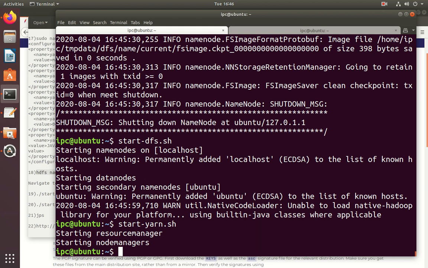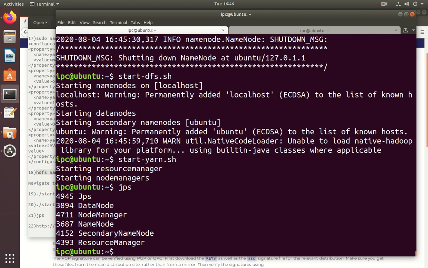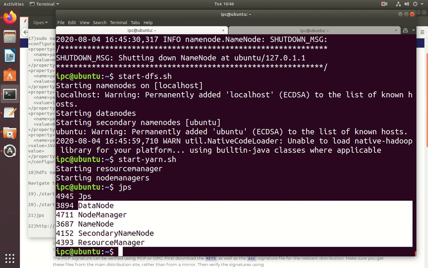See, as with the previous command, the output informs you that the processes are starting. Type the simple command jps to check all the daemons, Java processes. See, data node, name node, secondary name node, node manager, resource manager.